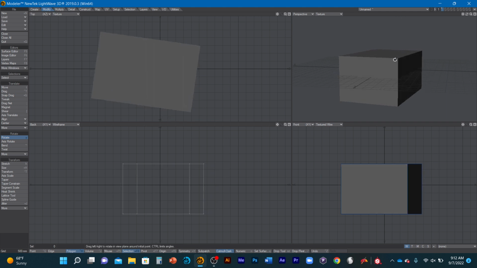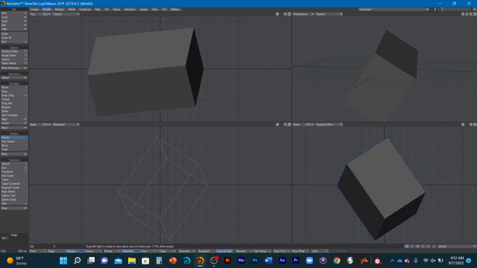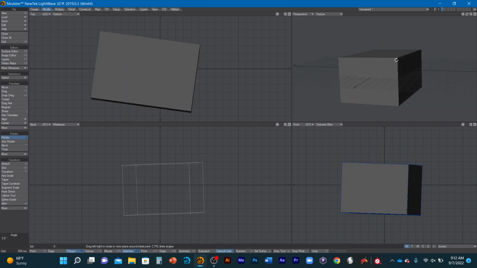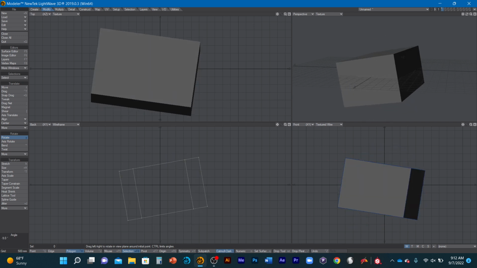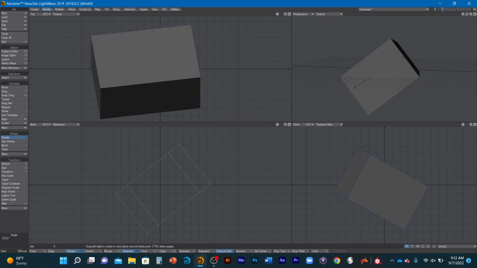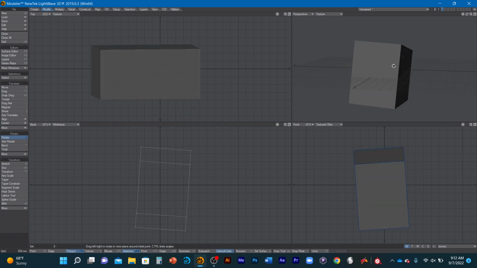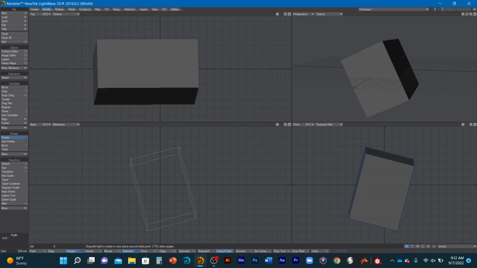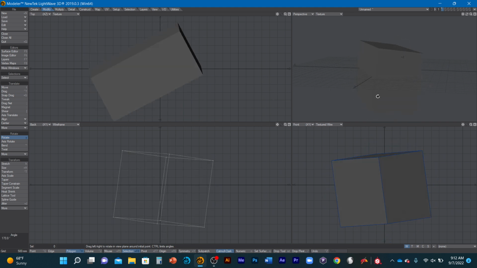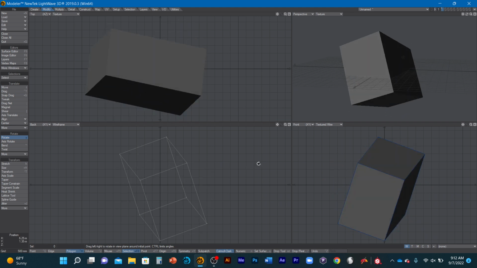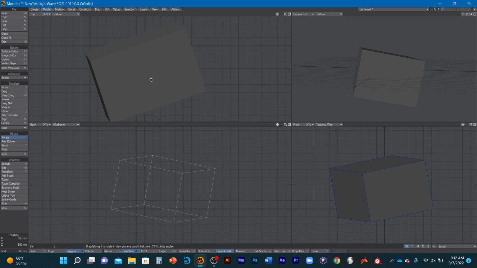So let me do it from here. If I click here and rotate, it will rotate in a different way. So you can see over here that it is rotating in a different way. So it rotates on an axis, or there is an origin, point of origin, which is also called the pivot point. You can stretch